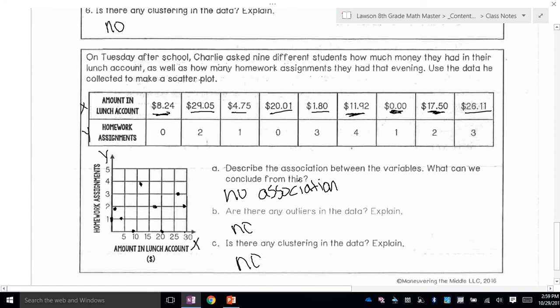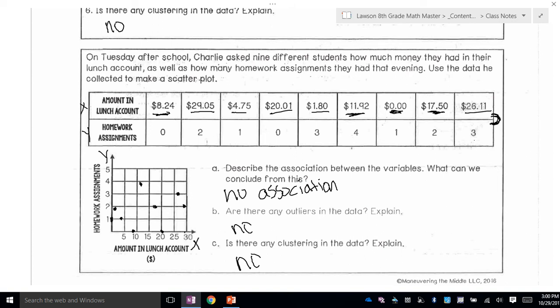Okay. So if you have some questions, I think what's going to kind of stop us up the most, and what I think we're going to need a little bit more practice on, is taking a table and graphing the points. And so if you need a little bit more help with that, if you feel like you're struggling with it, let me know, and I can find some IXL assignments. I could make a tutorial video to kind of help you get a better grasp on that. But really, if you can understand how to graph the points from a table, look at your scatter plot, see if there's a trend line moving positively from left to right or negatively from left to right,